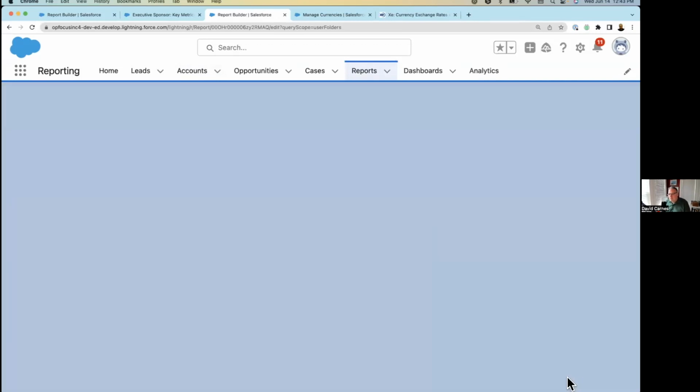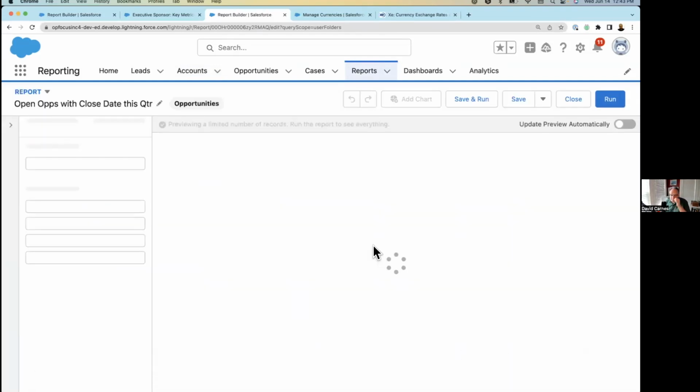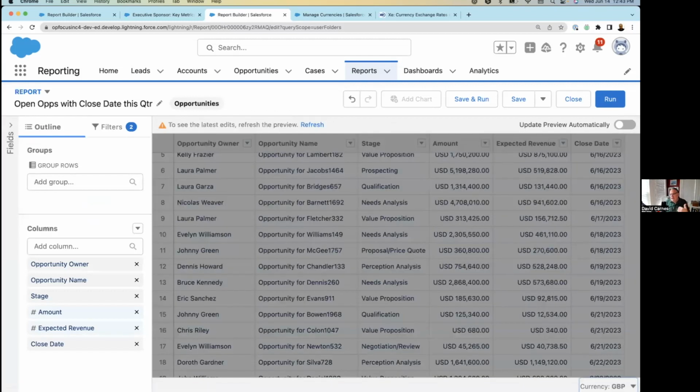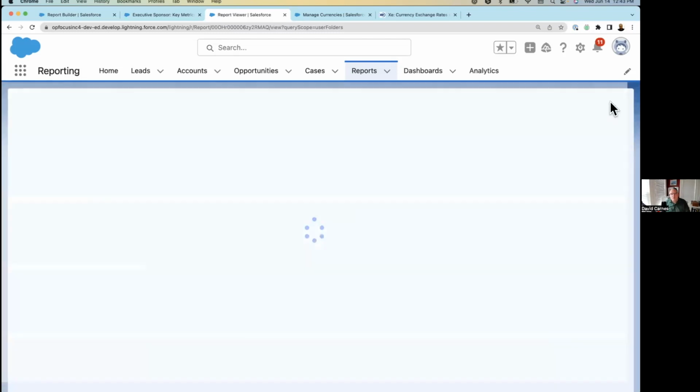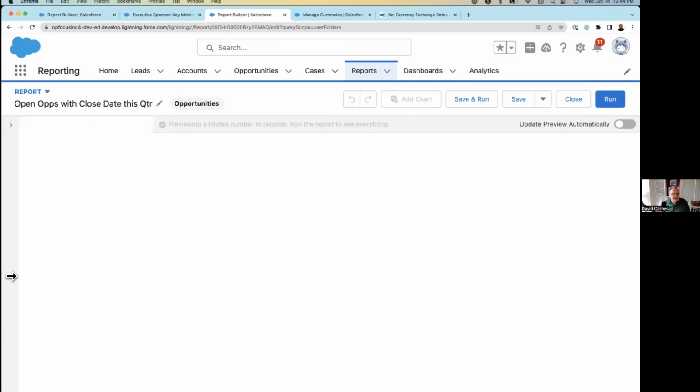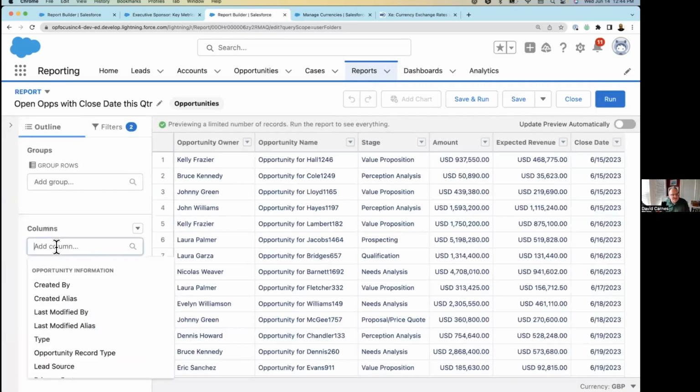If I edit the report, because we've turned on multi-currency, I do have this in the bottom right-hand corner, and I could look at this in British pounds immediately. I'd have to go run the report. And I'm not showing the converted. That's funny. It would be helpful to show the converted column. So that's the other thing. If you do want to turn this on,